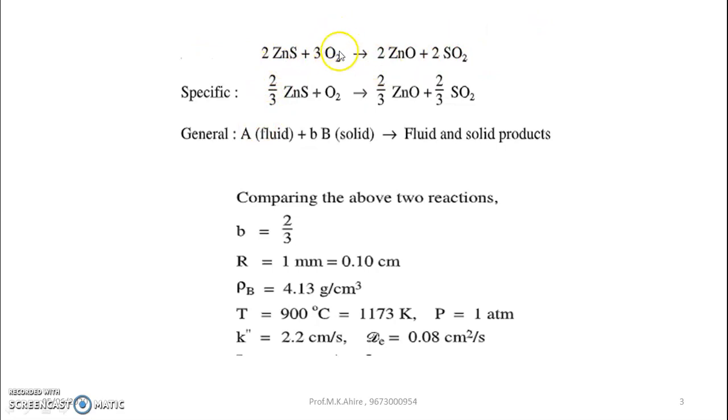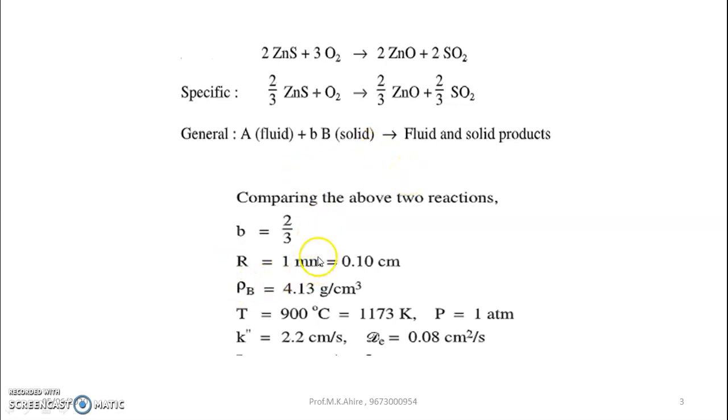Okay, so our reacting component oxygen, which is a fluid, will have stoichiometric proportion 1, because this is A, 1A. So this should be 1 oxygen, and that is why for the given reaction we divide throughout by 3. So that is why 1, 2/3, 2/3 appear. Okay, so this is what you have to understand first, because if you do it wrong, your further calculation will become wrong. Now after comparing, we found that small b value is 2/3. So this is the stoichiometric proportion of fluid and solid.